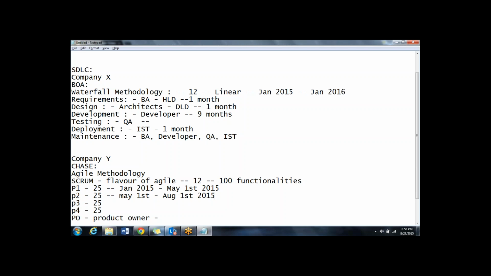And in the next phase, I will give one more, and in the final phase, I will give the rest of the functionalities, which means by the time the entire product is launched into the market, it will still be Jan 2016 itself. Okay, or Feb 2016. By the same time, Chase Bank will also get its complete project. But what happens in this scenario is,